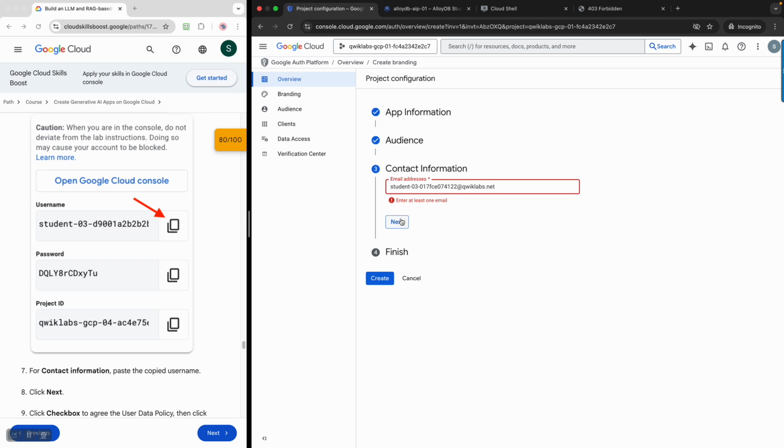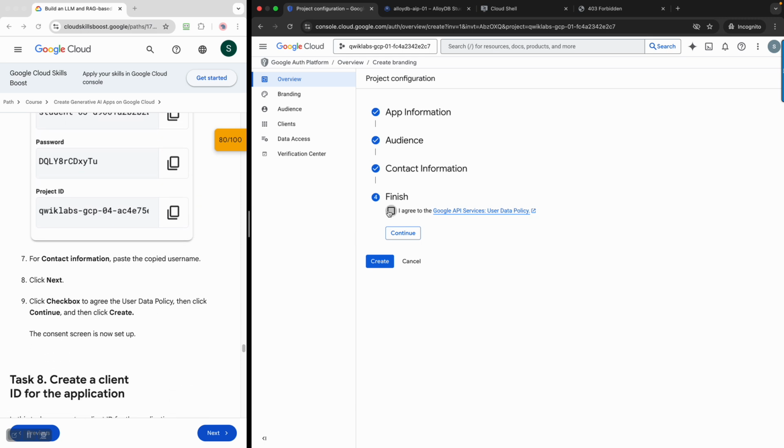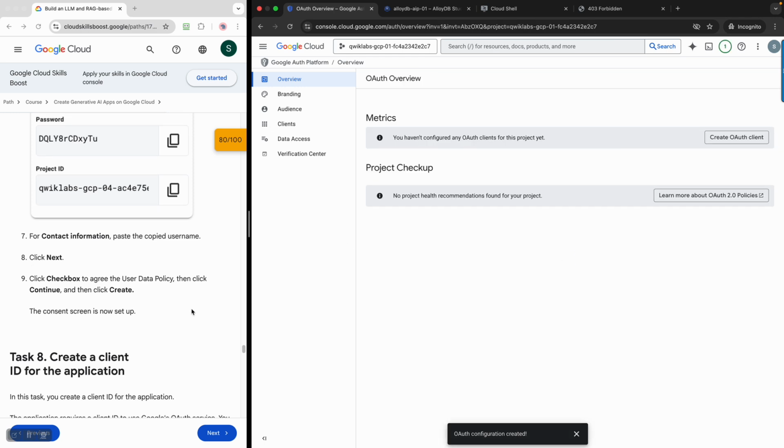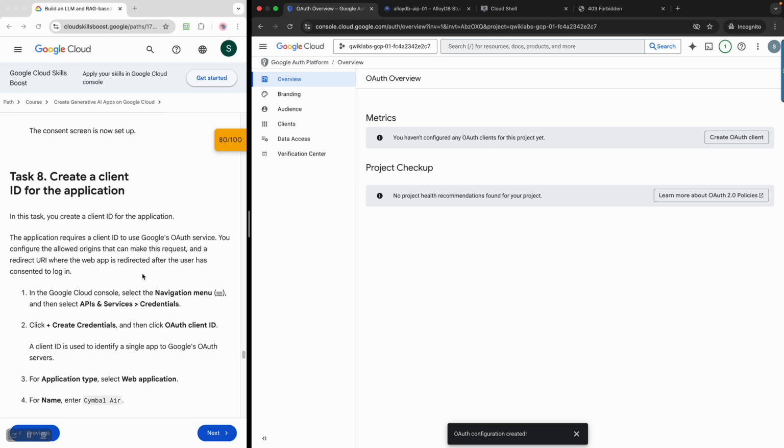Click on next. Okay, checkbox, data privacy, continue, and create. The consent is now finished. Now create a client ID for the application. Okay,